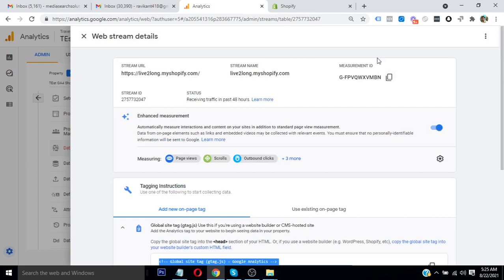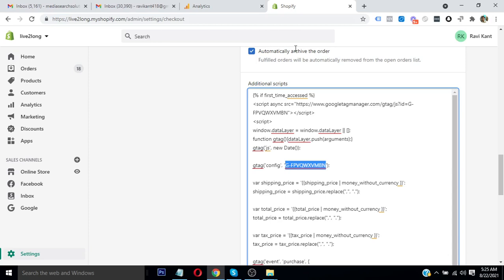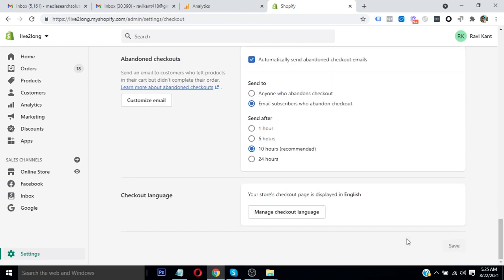You just need to copy this from here and paste or replace them with yours in these two places, and please save this.